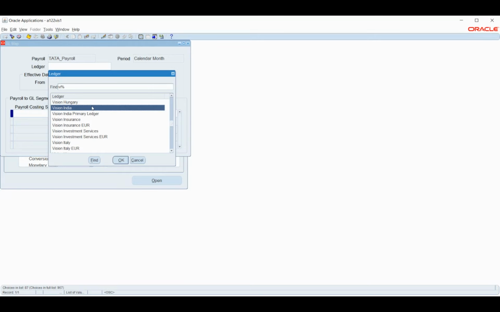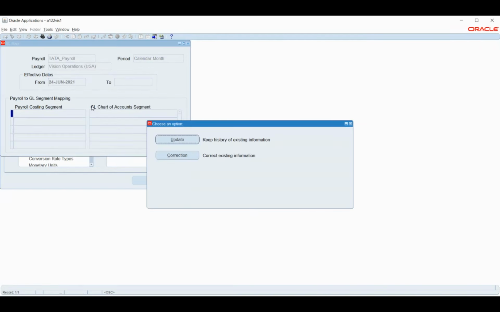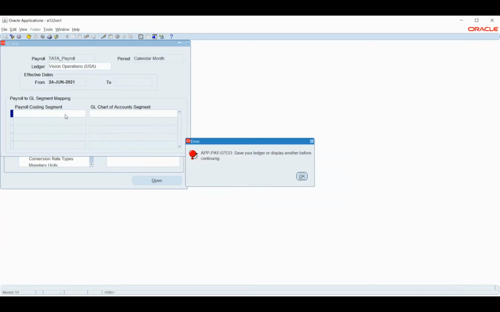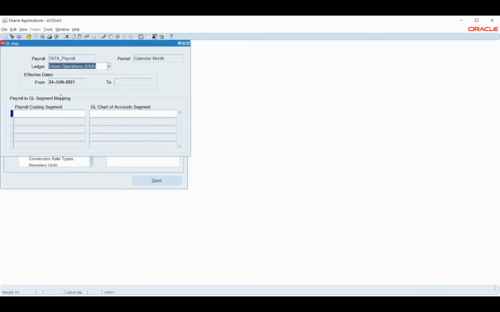Why do we require this particular configuration? Unless we provide this mapping, the system will not understand the transactions that we are sending. Because we might have a different set of segments. Probably the count is the same, but I might have a different set of segments in payroll. It is not necessary that it should be the same as this, though it is suggested. If there is a change, I will have to do the mapping.